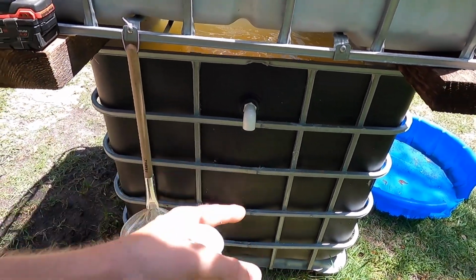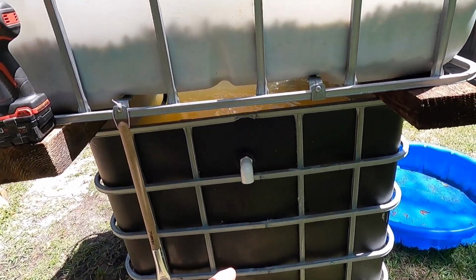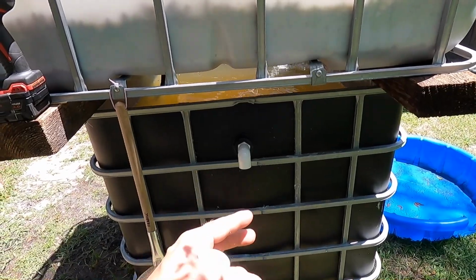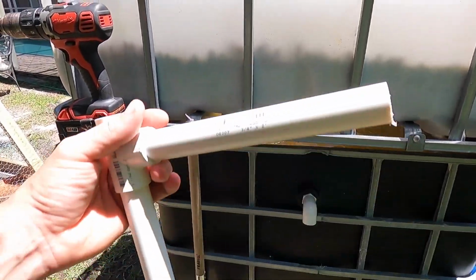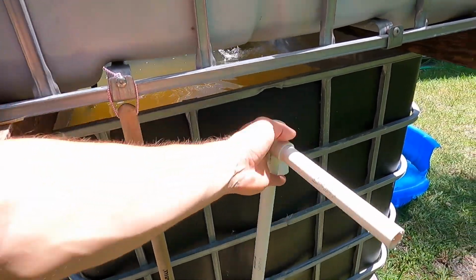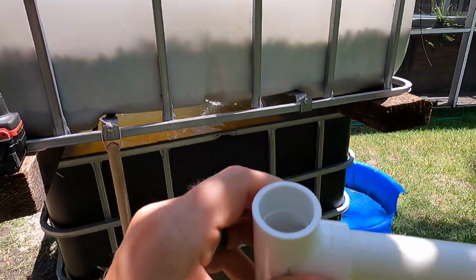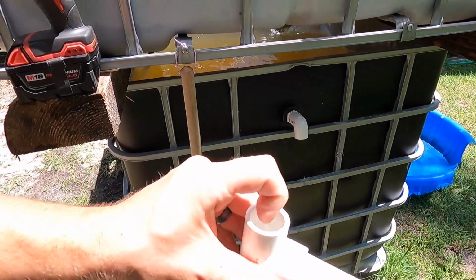Put a bucket under there to see what we catch, and then figure out some kind of filter system. Probably just drill some holes in the bucket, put some rocks in there, and then that'll catch all the large debris. And then this will go inside and connect to the back side right there, drop down to the bottom, and this should siphon up all the large pieces of debris